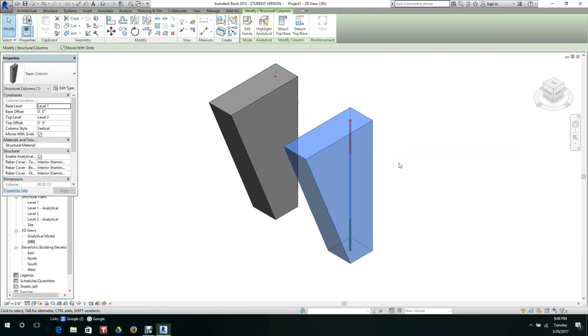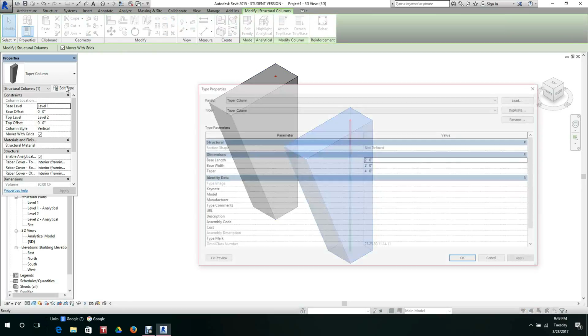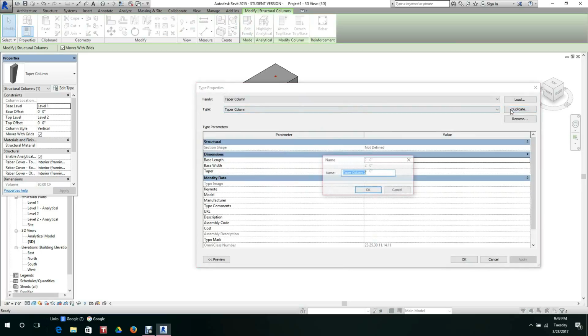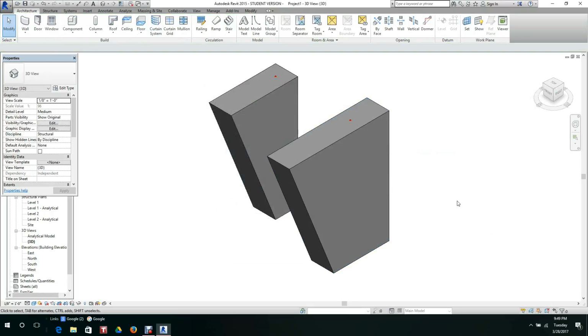Okay, now we also can duplicate, and let's call this taper 4 or 3, and we could change this taper here back to say 5,